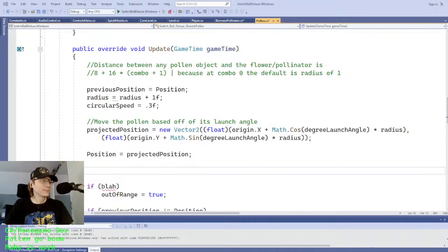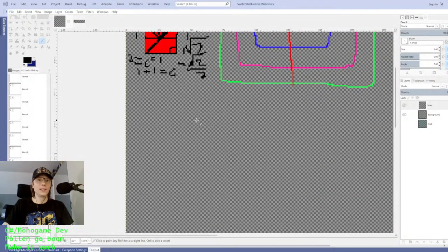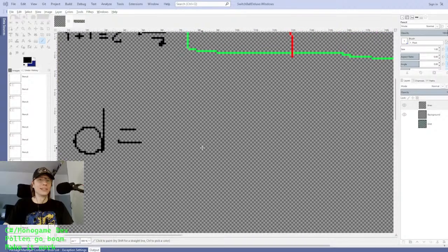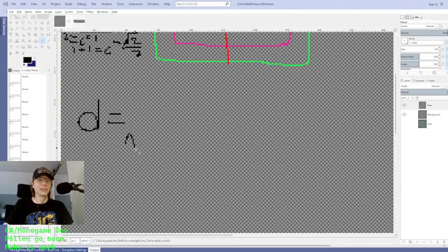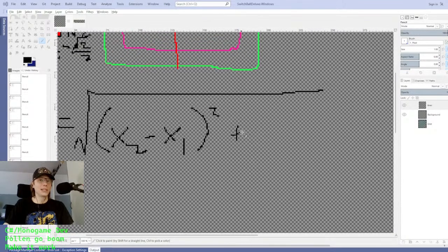All right. The distance formula, let's just show this, is the square root of x. Here, I'll just write it down here. I'll make sure to make it slightly better. So d equals the square root of x2 minus x1 squared plus